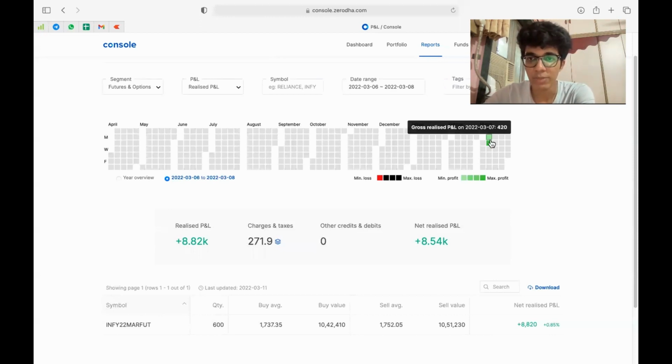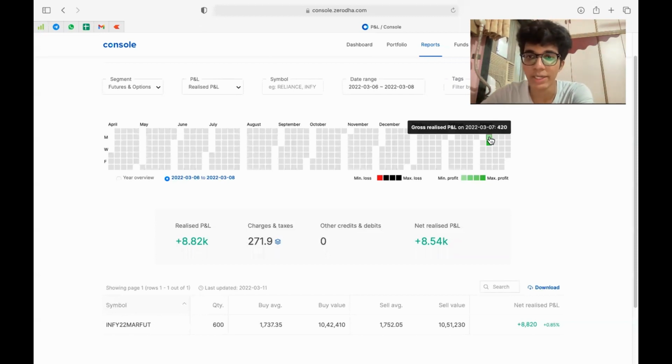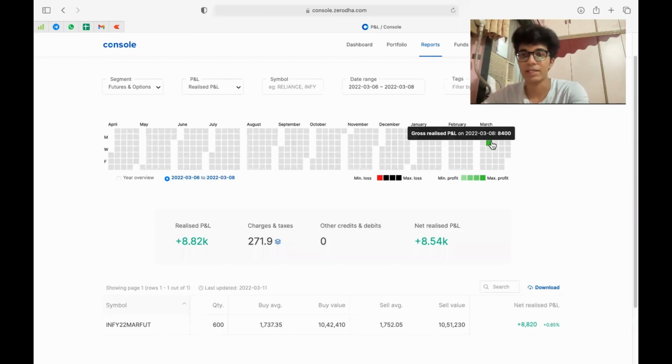So I was not planning to, like, if I was going to have a loss over here, my loss would be probably 3,000, 4,000. So if I was going to have a loss on Monday, I would not trade Monday and Tuesday as well. Both the days I will not trade because that is my risk appetite for a day, 2,000. So because over here I took the same trade and I had 8,400.